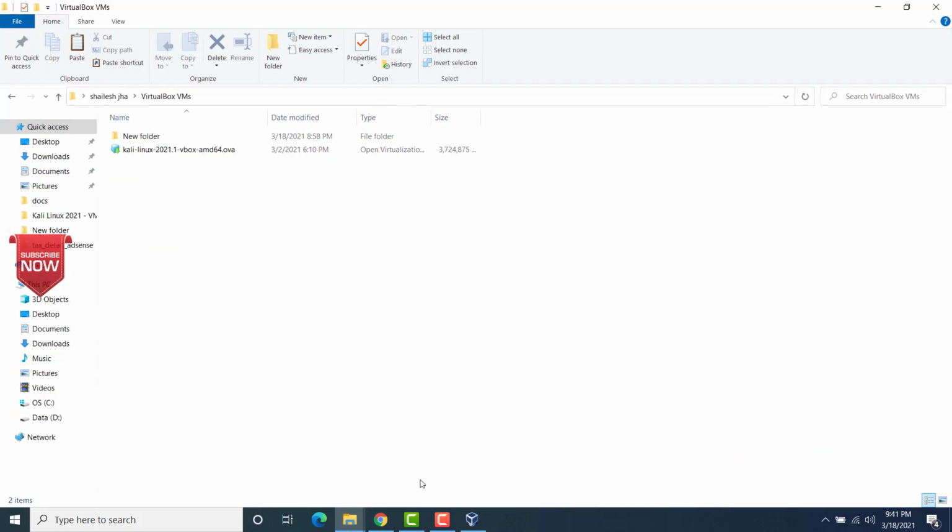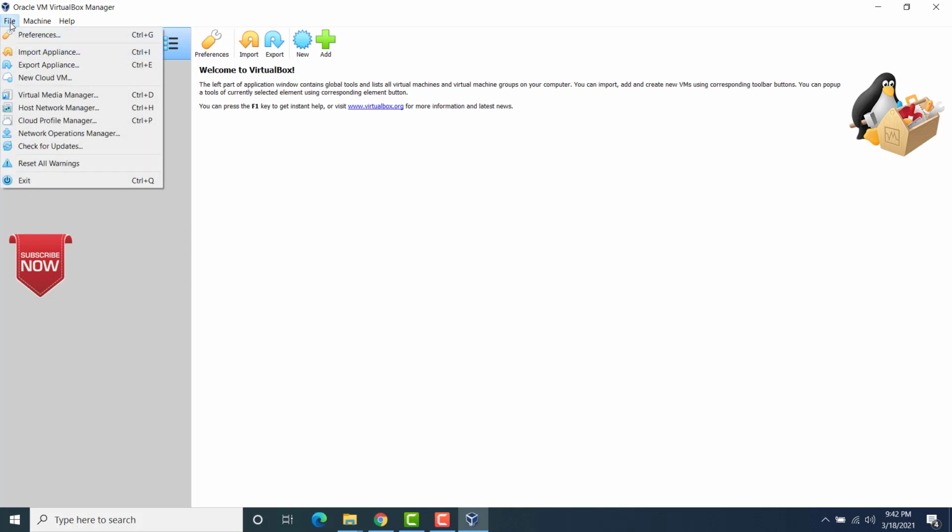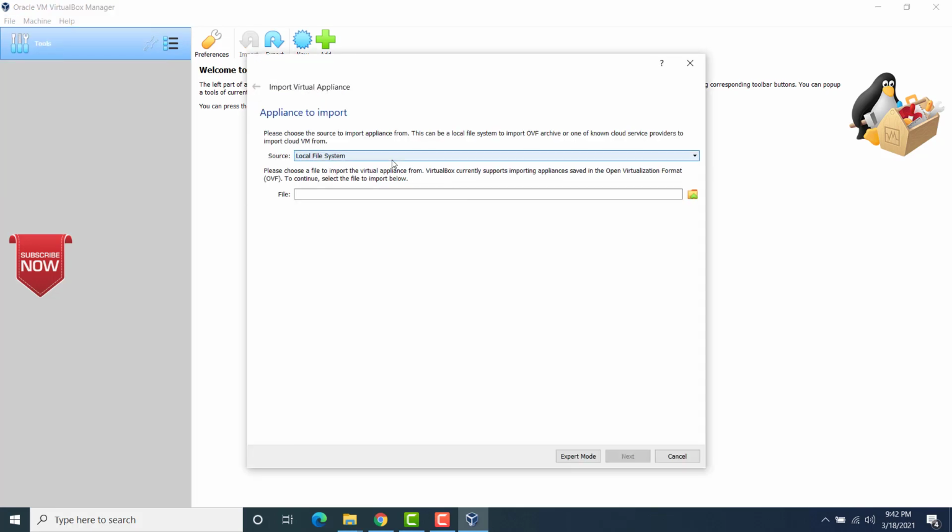Now, right now we have VirtualBox open. To start up the VM, we first have to import it. Under file, go to import appliance, and here we have to open the OVF file that we have downloaded.